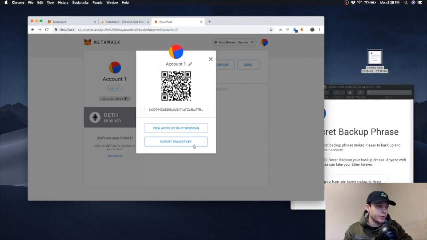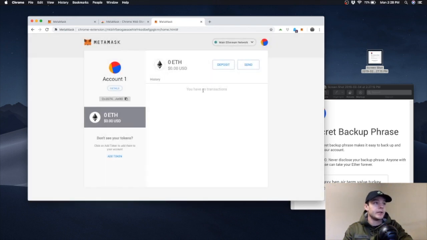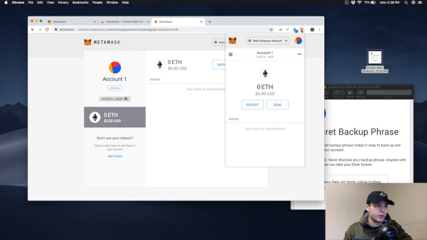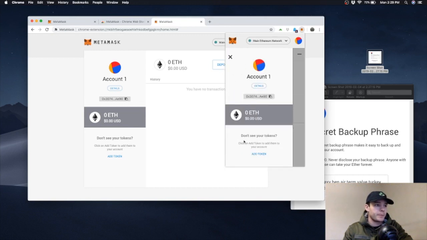If you needed to export your private key somewhere else in the future, there is that option as well. But basically, this is what the full page looks like, but you don't even need the full page. It'll show up as an icon in the little bar up here in Chrome, so you can click on it and it'll give you everything you need to operate, deposit, and send, your balance, token history. If you have any tokens, you can add tokens,